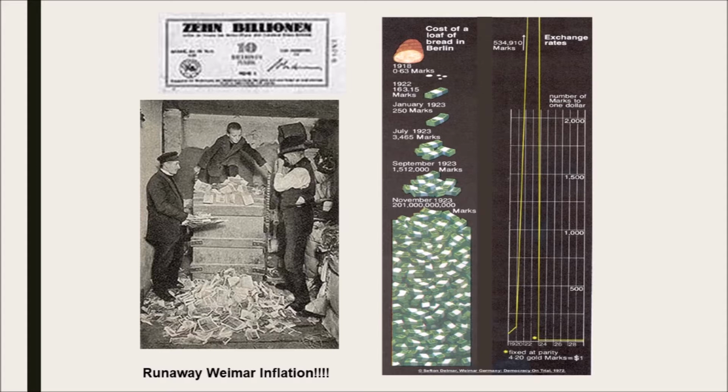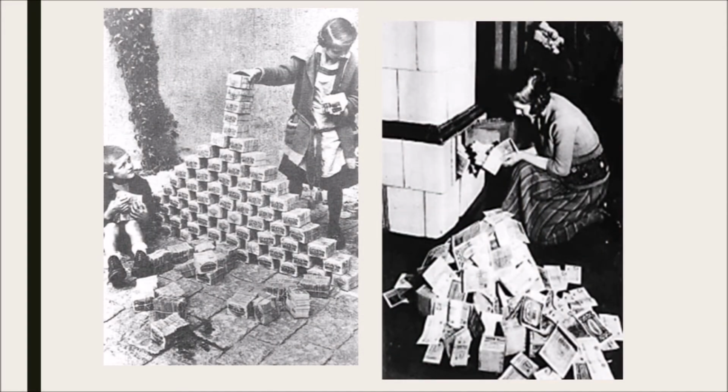You're only looking at a loaf of bread. Imagine what it would cost to try to buy a new pair of shoes. I mean, just literally think of anything. So you're just using bread here as a marker. So they're in what's called, again, hyperinflation. Slide 5 shows on the left some kids playing with blocks of money because it's cheaper than buying kids' toys. And then on the right, we have someone else burning the money for fuel.